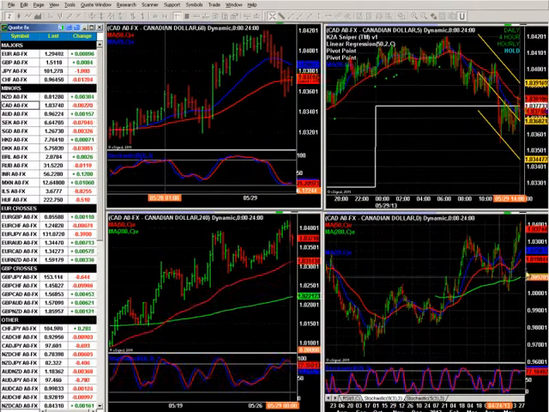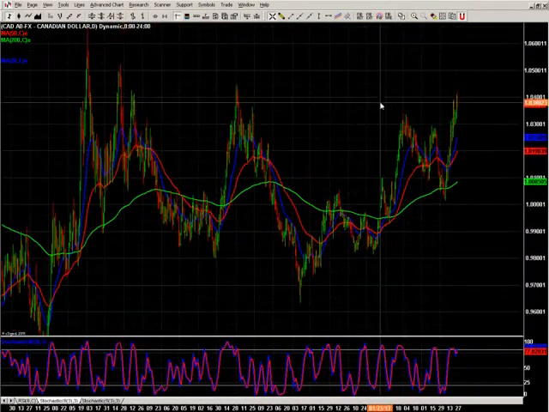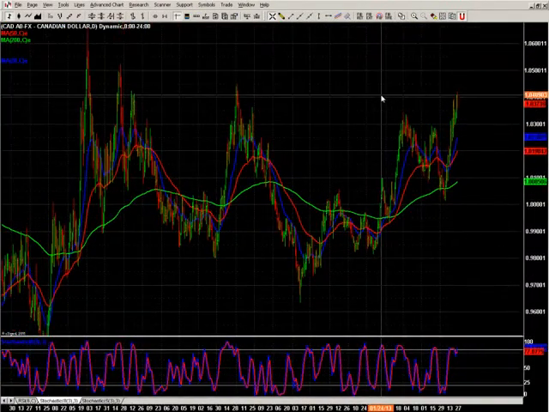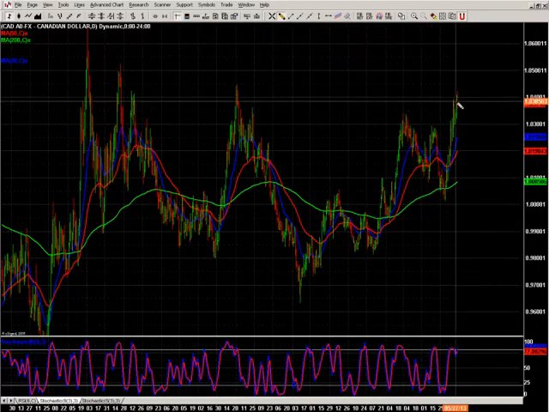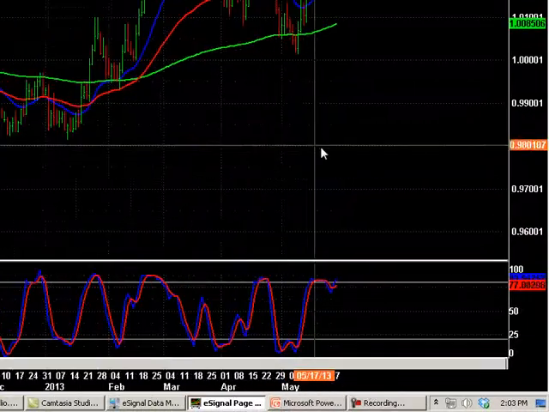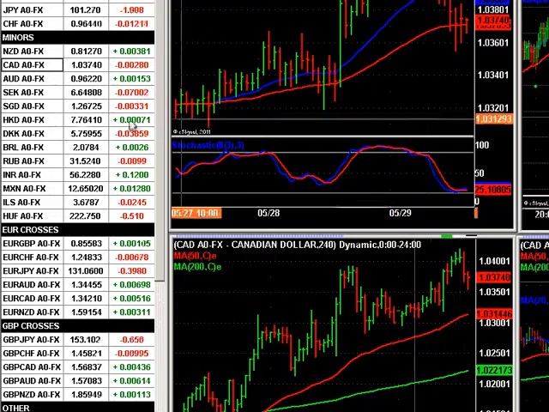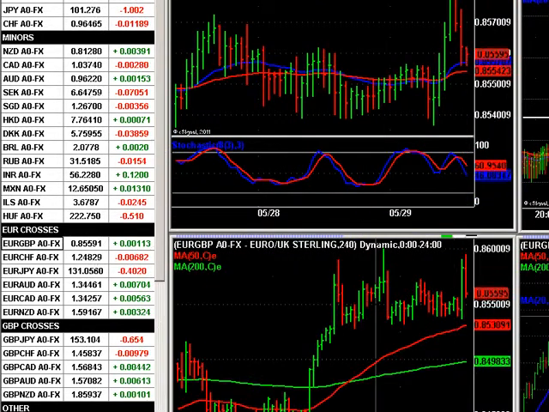Canadian is currently right at the top. He's right at the top there, and this could potentially reverse back down. Okay, these are again master trader setups. Let's have a look at the crosses. Euro pound,